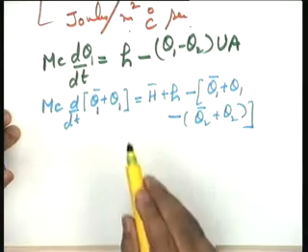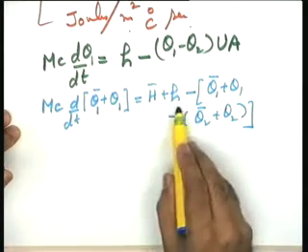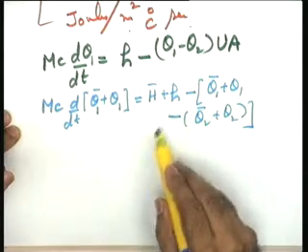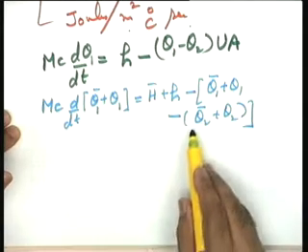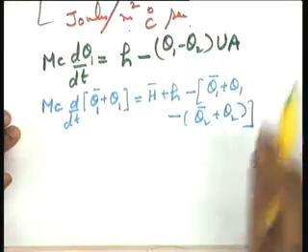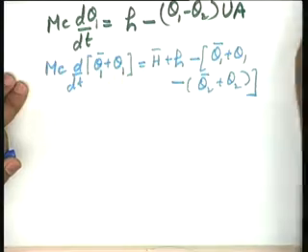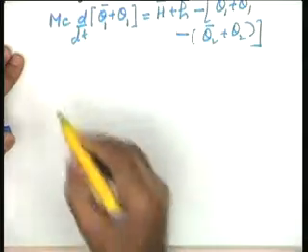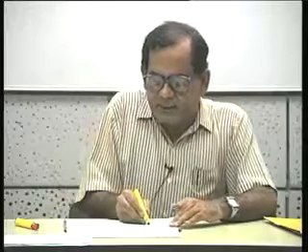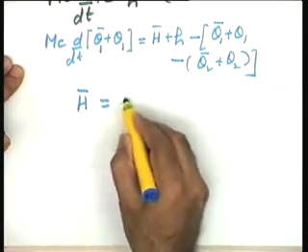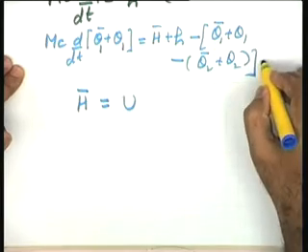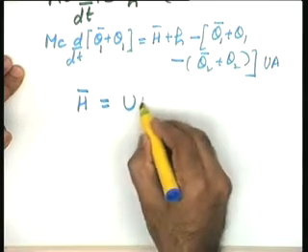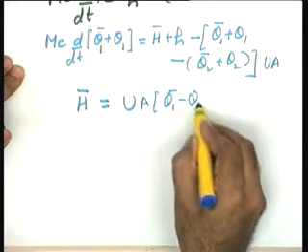Theta 1 bar plus theta 1 is the total temperature at any time t as far as the heater mass is concerned. H bar plus H is the total heat generated in the heater. Theta 1 bar plus theta 1 is the heater temperature, theta 2 bar plus theta 2 is the liquid temperature. Now if I break this equation in two parts, at the steady state you find d by dt theta 1 bar is equal to 0. So help me please, what is the equation at steady state? I can write the equation at steady state as h bar equal to UA into theta 1 bar minus theta 2 bar.